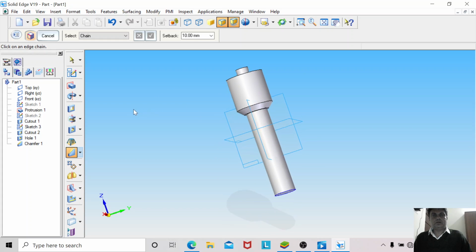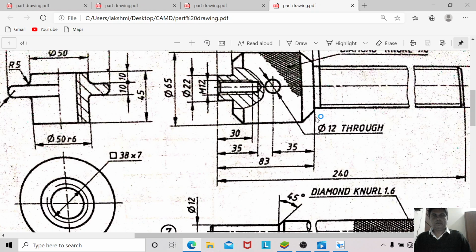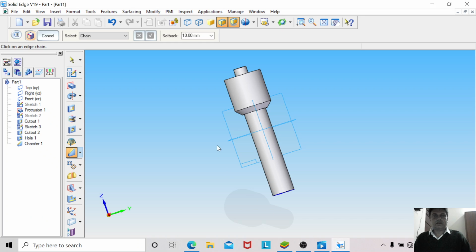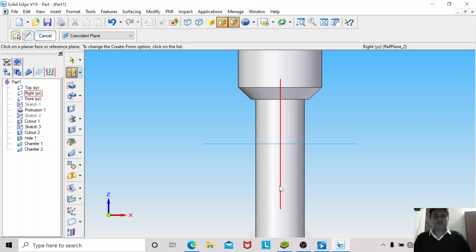So before drilling that hole, because I have to use this edge as the reference 35, I created this chamfer before drilling this hole, otherwise it will create a problem. Keep the similar chamfer here. You just give that chamfer, and then keep it on the front and choose this YZ plane from here,